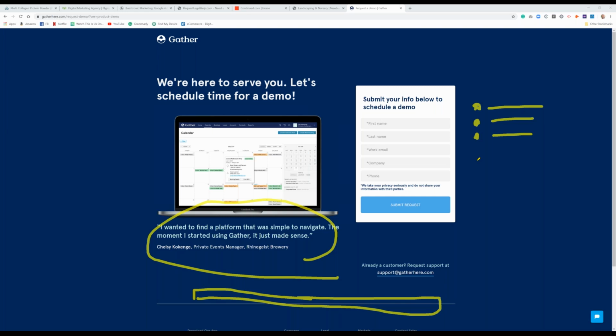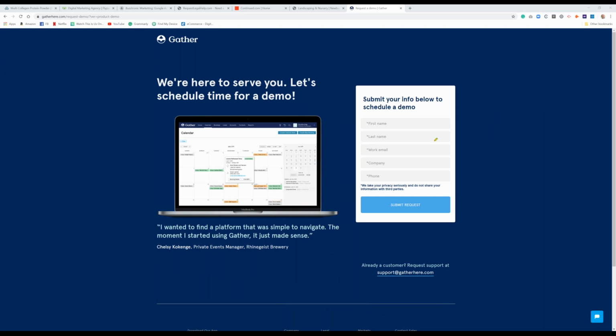Okay. Yeah, and I'm happy you went to the actual homepage here, because that helped me understand what this page is about. And I'm kind of curious too, what ads is this coming from? So hopefully the ad has really explained what you're going to be getting from this page, because the page itself, I think, is really telling you, hey, we're here to give you a demo, but a demo of what? And I guess that's what you're saying, right? Yeah, exactly right. So this is a key thing that you need to understand: you have your home page, and you're assuming that they navigated down to your demo page, right?